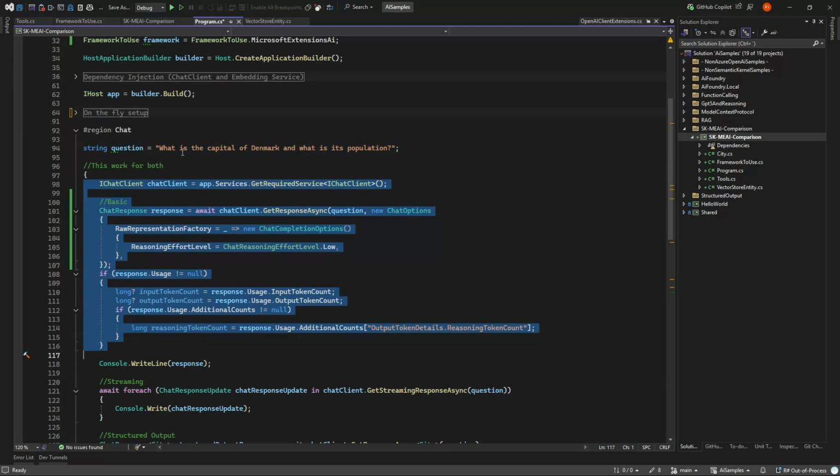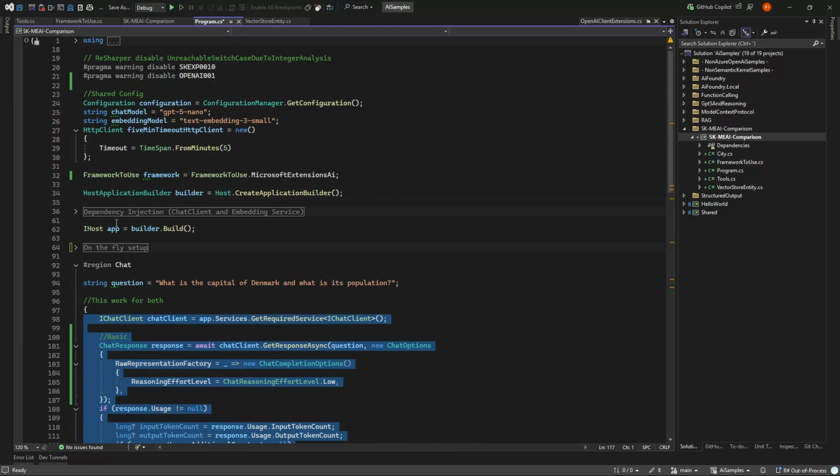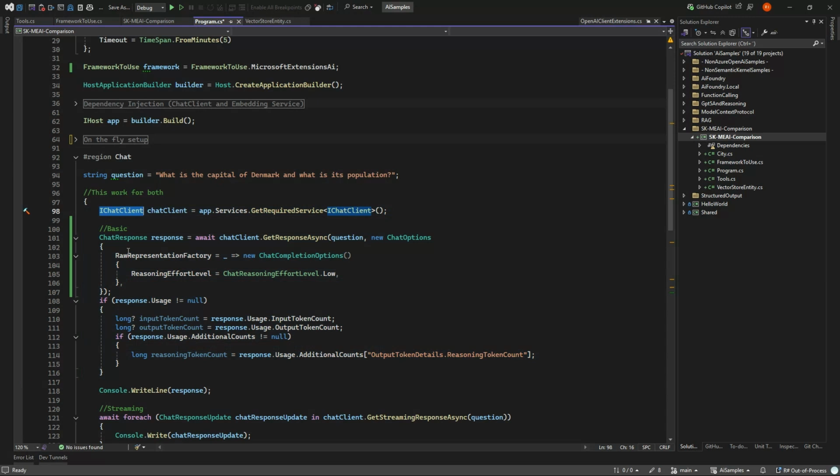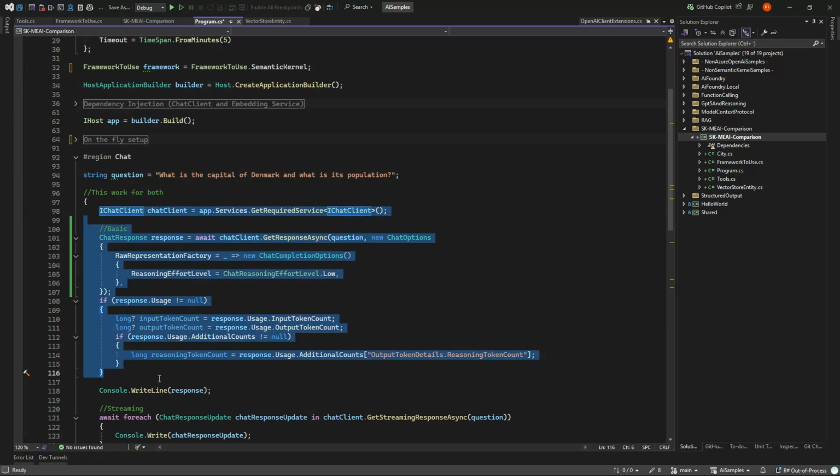But if you didn't do the dependency injection or on the fly, behind the scenes, Semantic Kernel works with its own thing, but it's also automatically registering an IChatClient, so you can do exactly the same. So this code, no matter if I choose Extensions AI or Semantic Kernel here, will just work. And this is, again, Microsoft Extensions AI code.